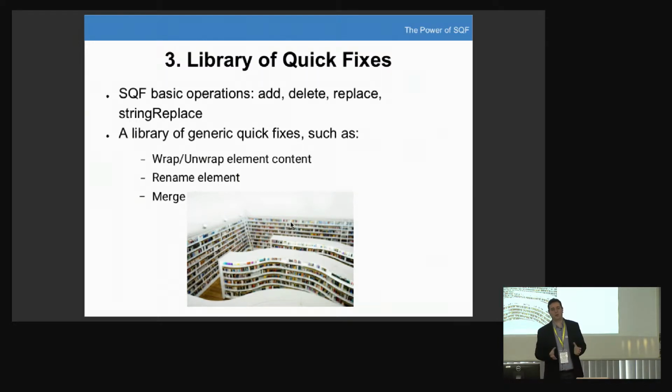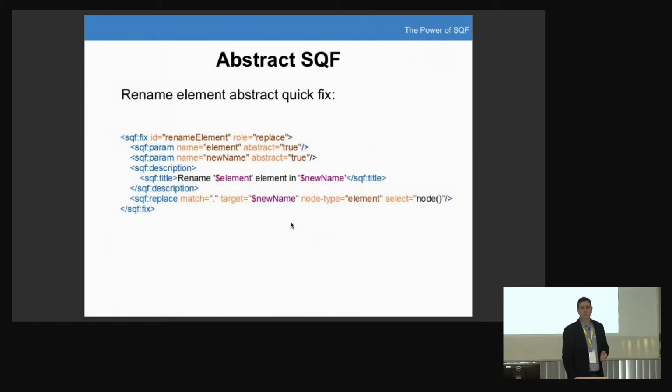So we need other operations in the specification. But I think it's not okay to make the specification too complex. So an idea to solve this issue was to have these abstract Schematron quick fixes